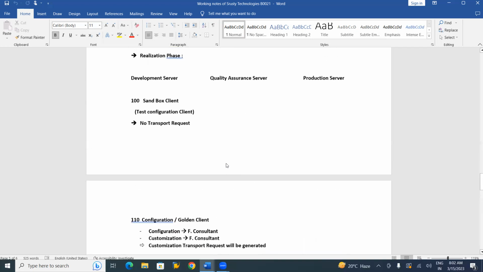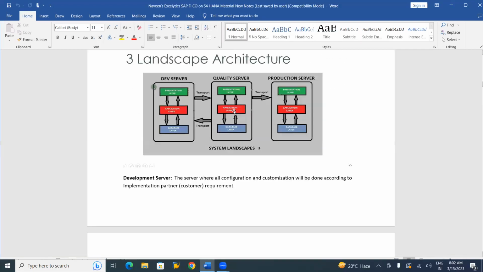But if the data needs to move from one server to another server, then as a functional consultant, we can't move it. As an ABAPer also can't move it. Who has to move it? Basis consultant, technical consultant. Even the ABAPer is also a technical consultant, but his responsibility is writing programs, development of functionalities. But who is the real hardware person in SAP? Basis consultant. The basis consultant will move the data from one server to another server.